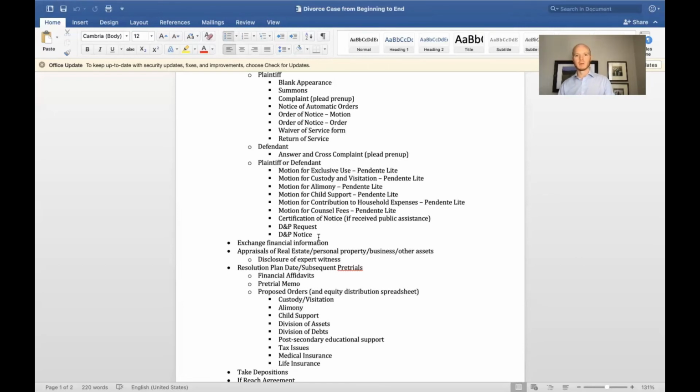Oftentimes the mother or the wife is the primary breadwinner. So those are kind of immediate issues that can't wait until the case is resolved, because somebody may need financial support, or a motion for exclusive use is sometimes needed right away. So in that situation, at the resolution plan date, one of the parties may say, okay, we need an immediate hearing on the motion for alimony, or we need an immediate hearing on the motion for exclusive use,